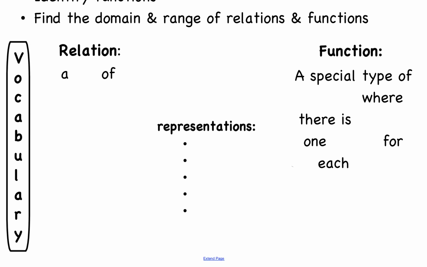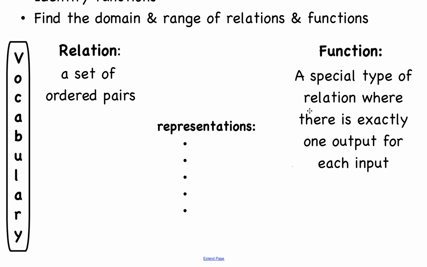So we're going to start out with some vocabulary. The first section of every new unit always has a lot of new vocabulary words, so we need to go ahead and define what those words mean. So first of all, a relation is just a set of ordered pairs. It's any relationship between two things, whereas a function is a special type of relation where there's exactly one output for every input. And I think this will make more sense for functions when we get into some more graphical